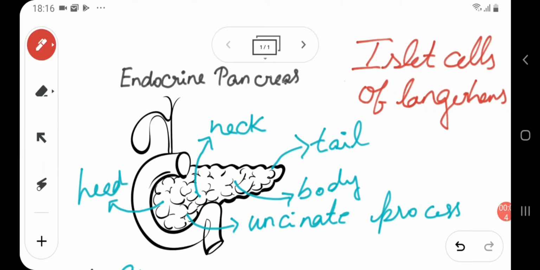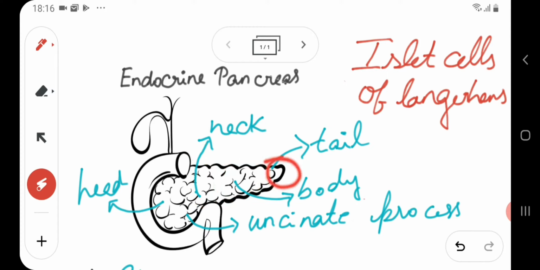In today's video, we will be seeing Endocrine Pancreas Part 1, which constitutes the introduction to endocrine pancreas and insulin. So here we have the diagram of pancreas. First, we will see the parts. This portion is the uncinate process. This is the head, the neck,